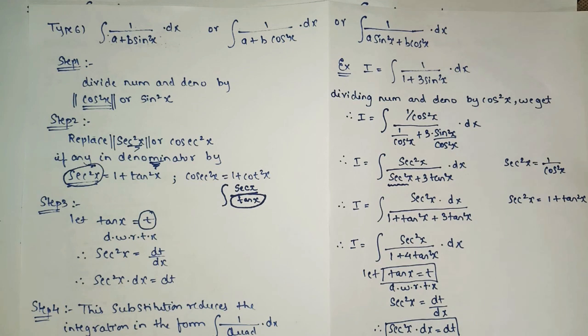Okay, so in the next lecture we're going to see type number 3. We'll continue with type number 3, and then after that we'll see type number 7. In the integration chapter, you have to remember the chapter type-wise instead of exercise-wise. Okay, so it will make the concept and sums easy.